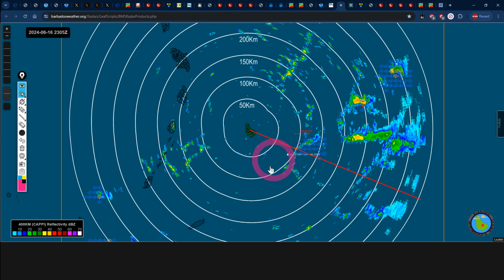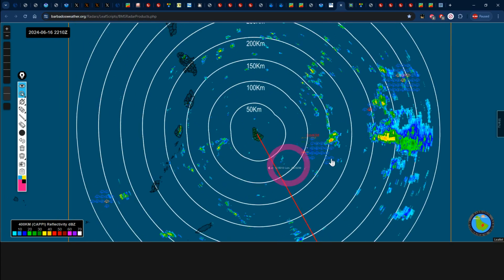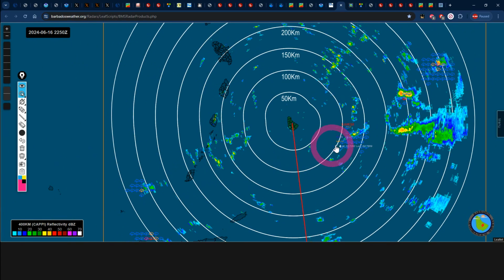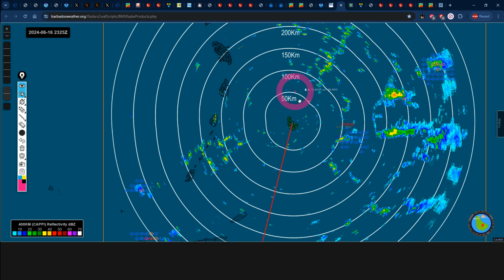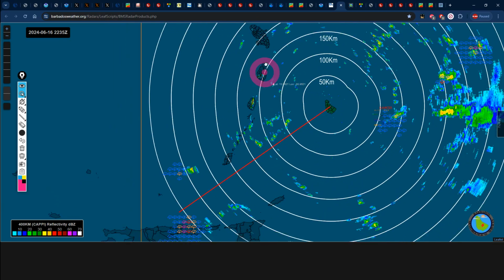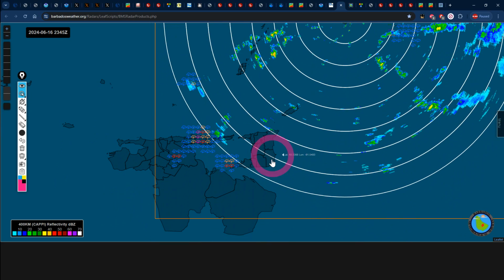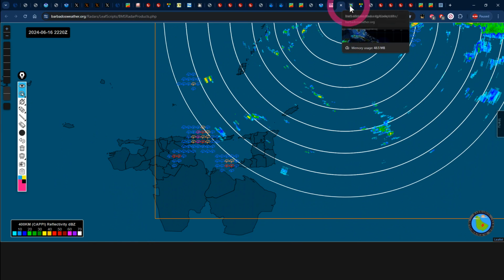We also see a lot more rainfall when we take a look at the Barbados radar. We see a lot of rainfall coming in from the east, definitely going to be affecting sections of Barbados tonight. Some rainfall possibly for sections of Martinique, St. Lucia, with St. Vincent and the Grenadines already getting in on that rainfall. And Trinidad and Tobago are definitely going to be getting in on some more rainfall, just like what they got